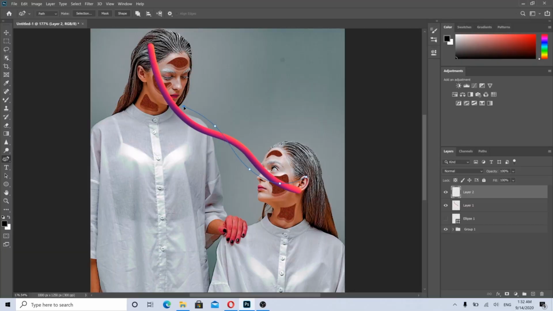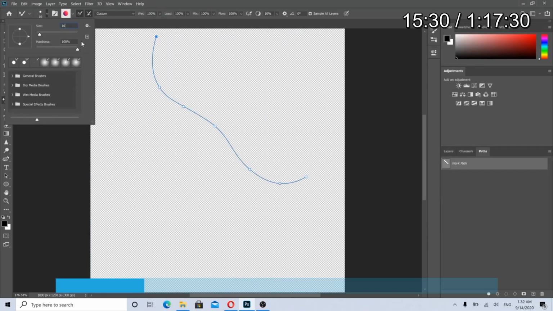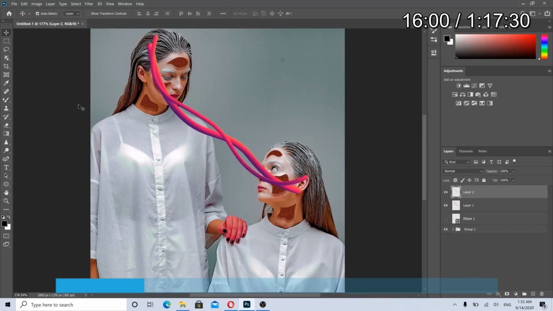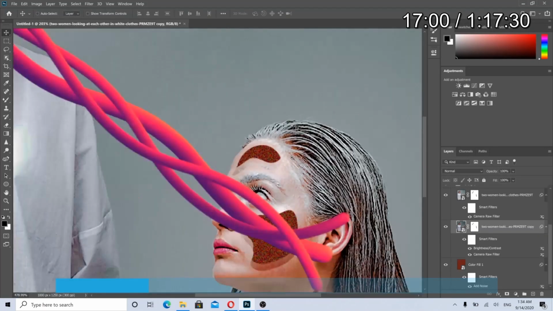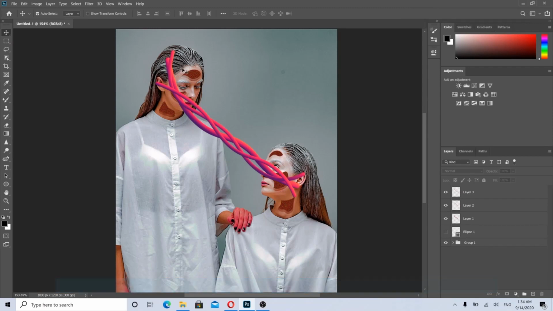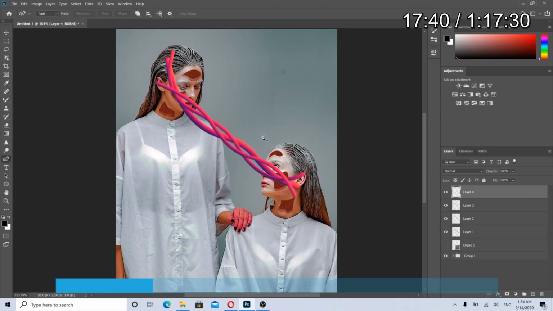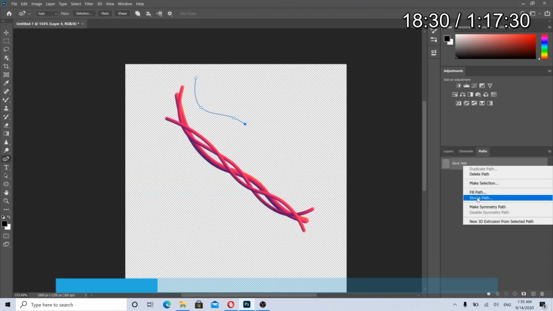So again, if you didn't get this part, you can go and just watch my 3D lines tutorial. So now I'm just gonna do the same. I'm just gonna create another curvature path, and let me just speed this up. So actually, I'm just gonna move forward. I'm just doing the same stuff over and over, creating a path, telling Photoshop, go over this path, and let me just move forward. Just remember that every time you create a new path, you need to turn off the